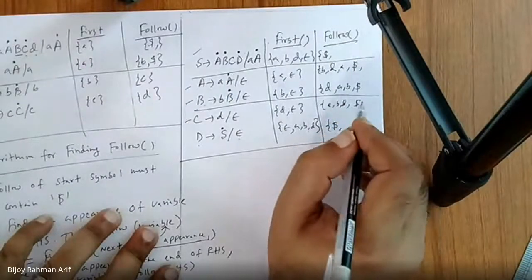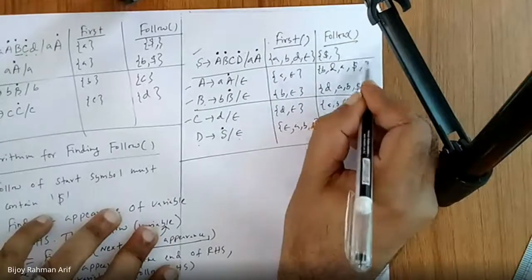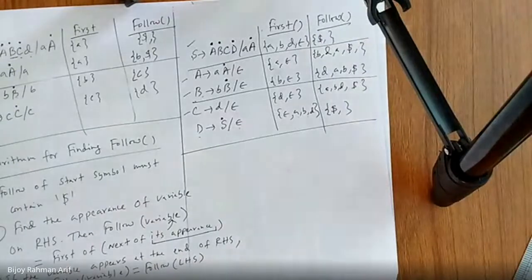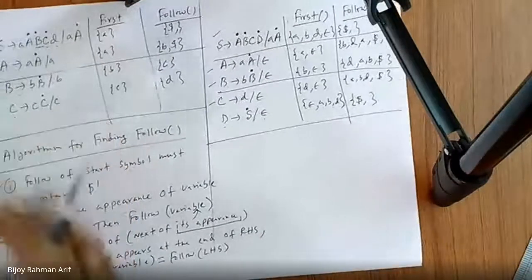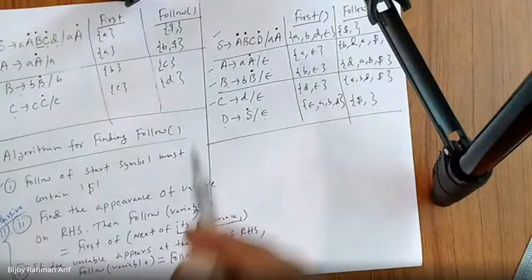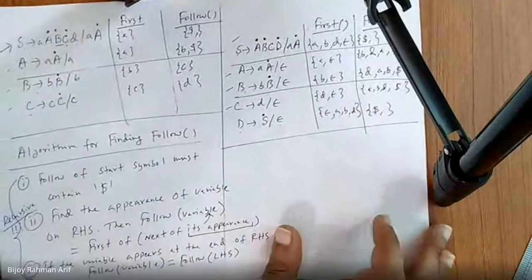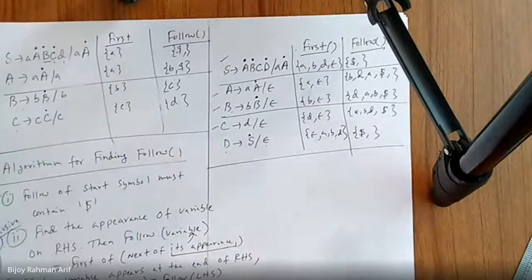Now, is there any new rule that can be generated? No, definitely not. So here, this is completed. Did you understand the problem? So this is the way of finding follow. It is recursive, you cannot stop. After finding one, you have to check another round whether it is going to add something new or not. If it does not add something new, then you can stop. But if it adds something new, you have to check again. Okay?